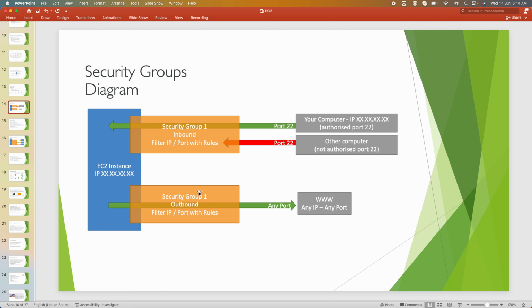By default the outbound traffic is allowed on all ports, because we don't know from which port we will be sending that particular data outside of the server. So by default all the outbound rules are allowed on all ports. That means you can send any data out from the instance, and all the inbound rules are closed. That means you cannot send any data into the EC2 instance when you create a